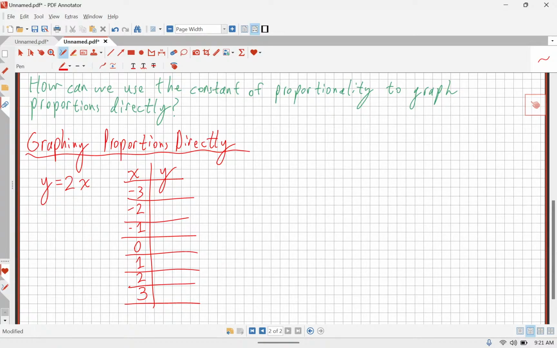Crew, if y is just 2 times whatever x is, if x is -3, what would y be? Yeah, because that's just 2 times -3, which is -6. What if x is -2? What's y? And if it's -1? Keep it going. Beautiful. How many of us were able to get those or see how crew got those and aren't too alarmed?